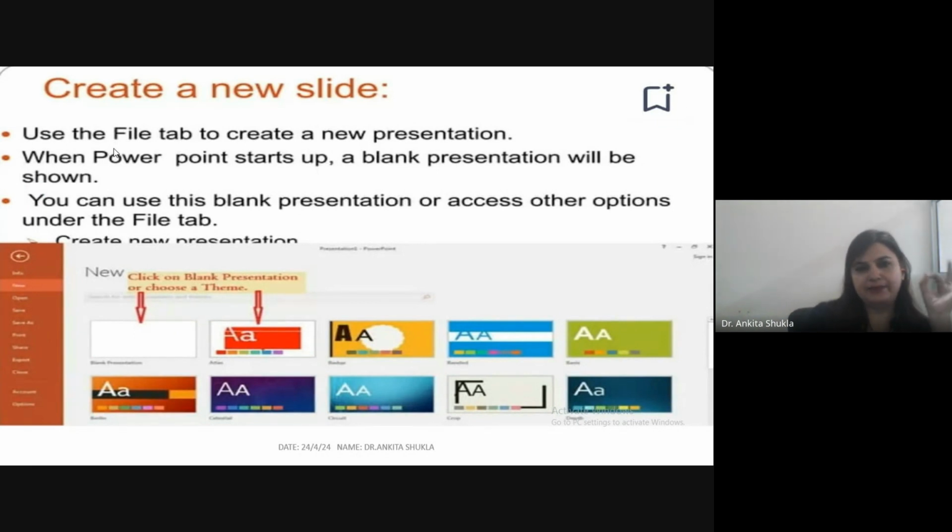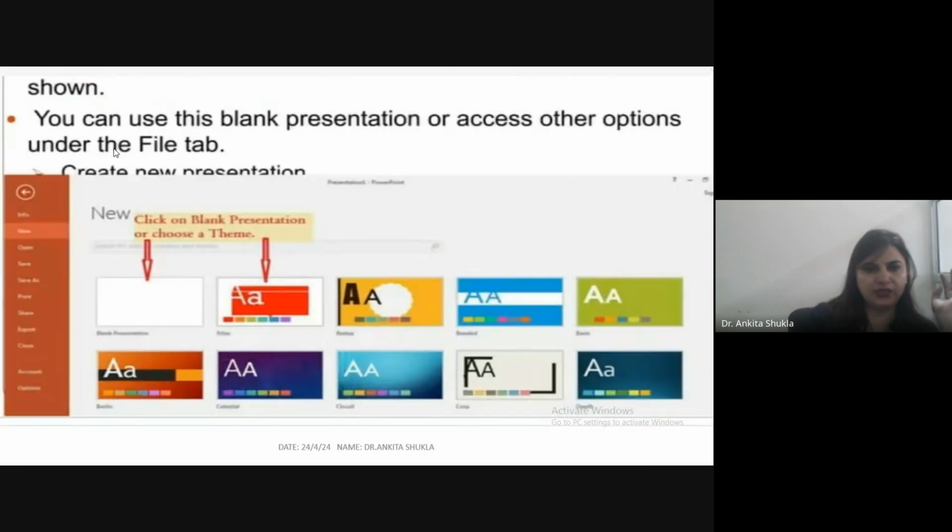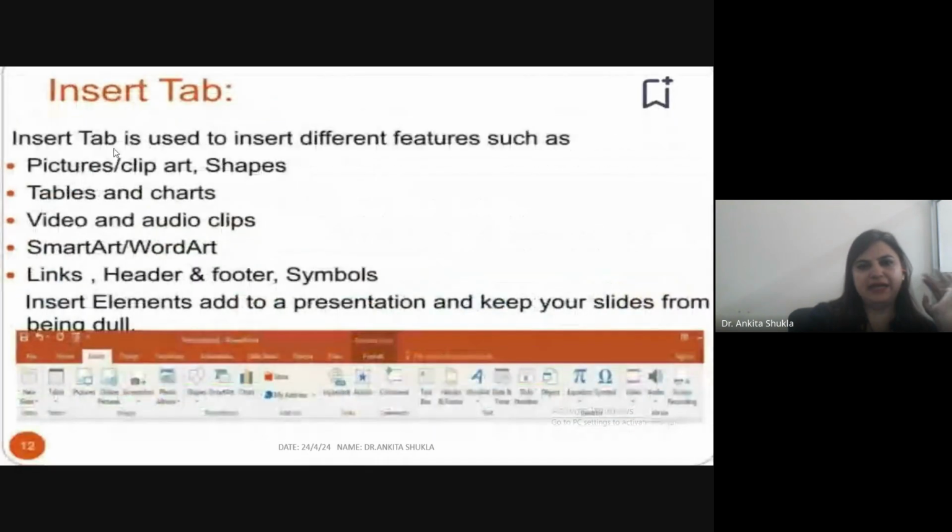Also know about the insert tab. It's a very basic and important tab, that insert tab. The insert tab offers many tools that can add nice features to a document. Pictures and drawings can be added by clicking on the picture button. The insert picture box will open, prompting you to browse to the picture on your PC. Click the picture you want, click insert, and it will appear on your document.